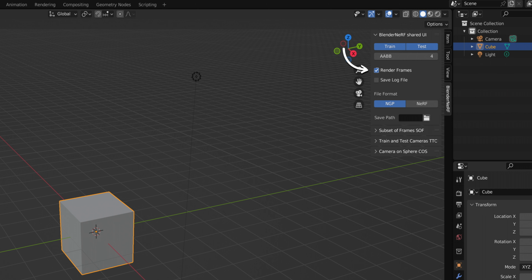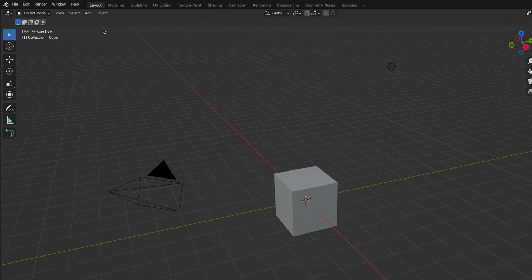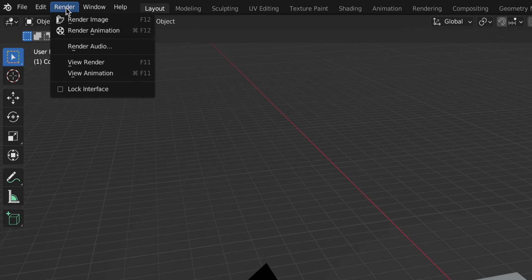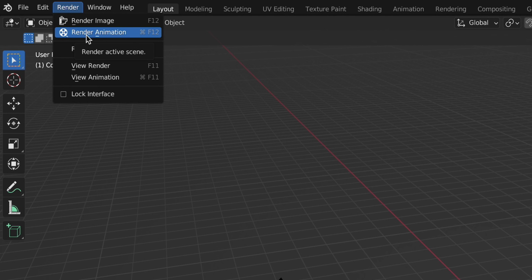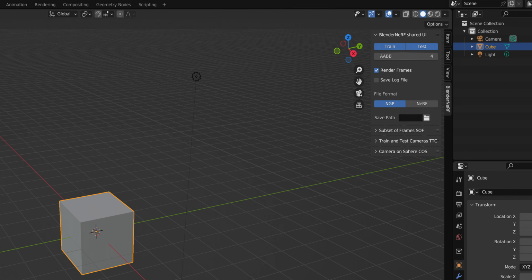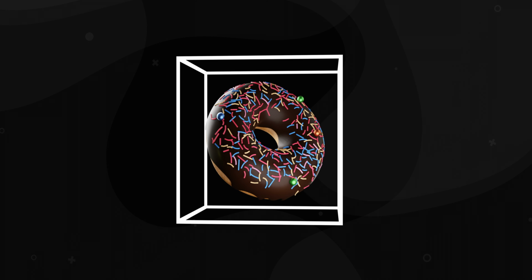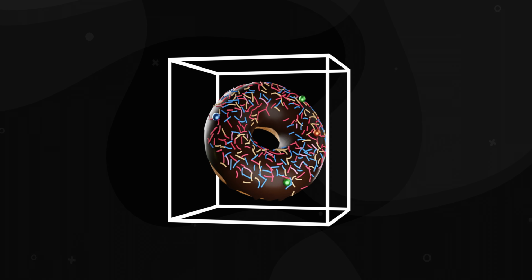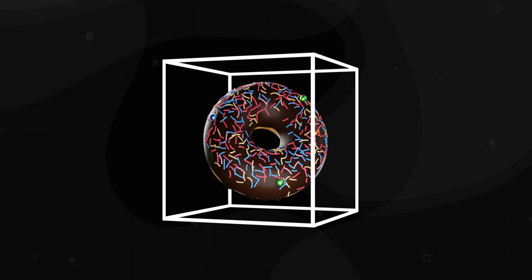Training a NeRF requires training renders, but you can also choose to disable rendering by unticking the Render Frames checkbox. Test images, on the other hand, will not be rendered by the add-on. If you really need them, you can just get them directly with Blender under Render Animation after having selected the test camera of interest. The AABB property is unique to Instant NGP and describes the side length of the bounding volume in which camera rays will be traced during training of the NeRF.